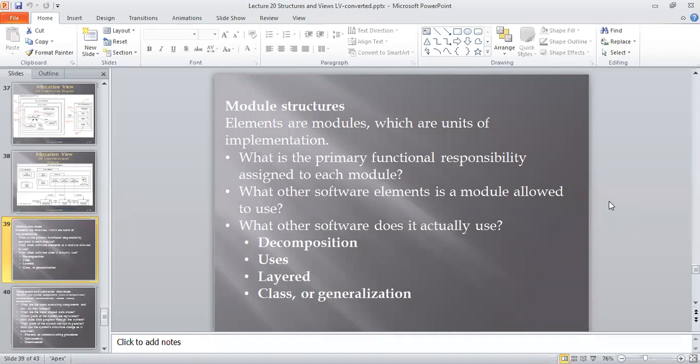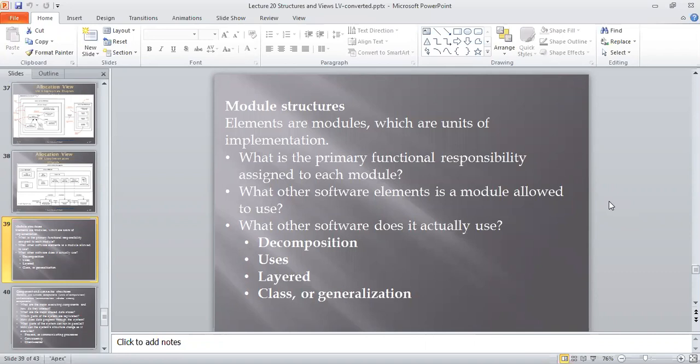The next one: when we consider a module structure, a set of elements is used, and you have to check whether those elements are affected by other elements or not. For example, as I told in the last lecture, there is an attendance monitoring system.